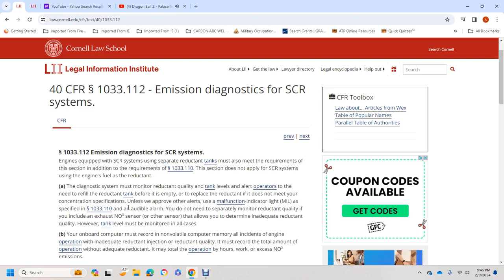Unless we approve of the others, alert to the use of the malfunction indicator light if it's specified in 1033.110 of the audible alarm. You do not need to separately monitor reductant quality if you can include it with the exhaust of the nitric oxide sensor. Otherwise, if it allows you to determine